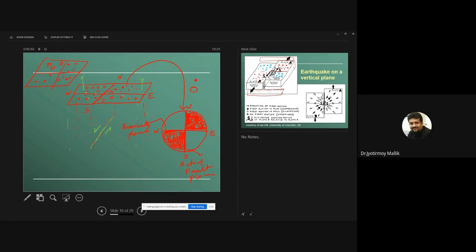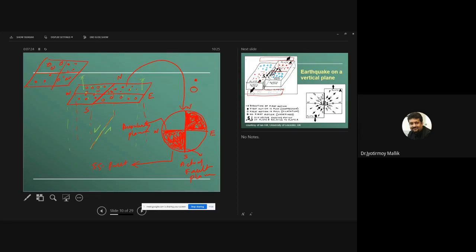I don't know whether it is a normal motion that has happened beneath. Neither do I know whether it is a thrust fault that has happened beneath. What I am observing is only the first motion on the seismometers, right? And then I divide them into coordinates, plot those lines as planes into a stereographic projection, and that tells me that if I observe this sort of beach ball diagram, I will infer that this earthquake has been caused by a strike slip fault.